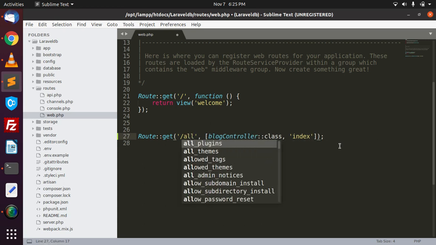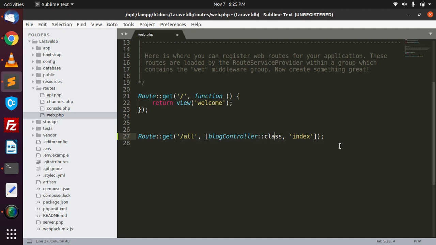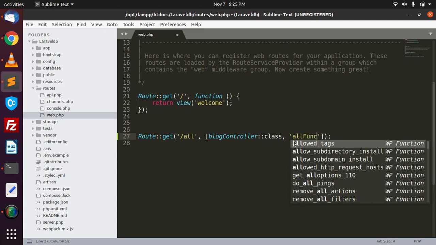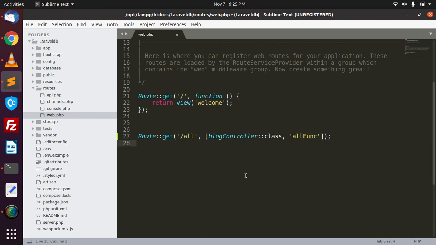First we will fetch all the records from the blog table. Here you have to change your function name, all function. You can give any name which you want. Now we can save the route file.